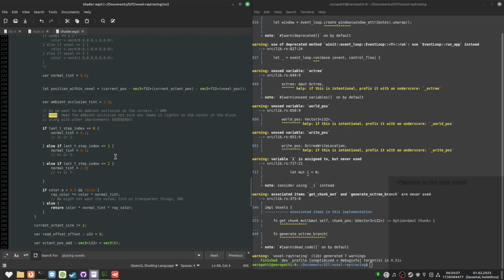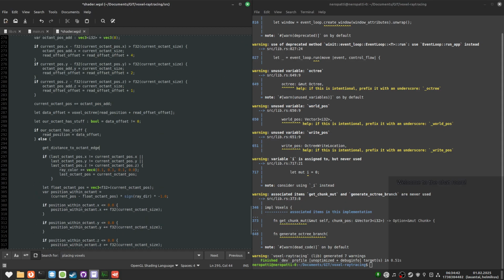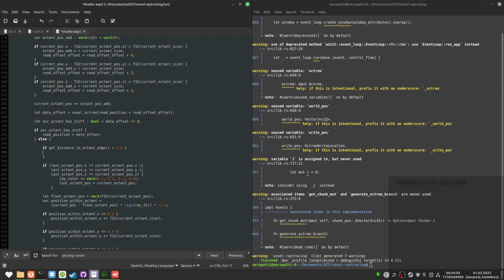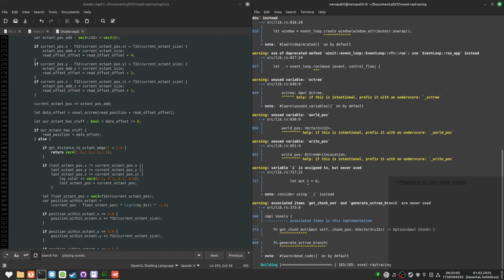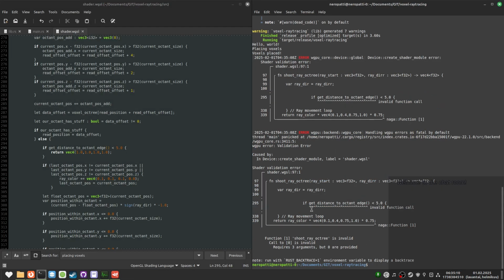Anyway, we'll do this for now, and we have to supply this with the variables. It should complain about that. There we go. The inline function call, yep.